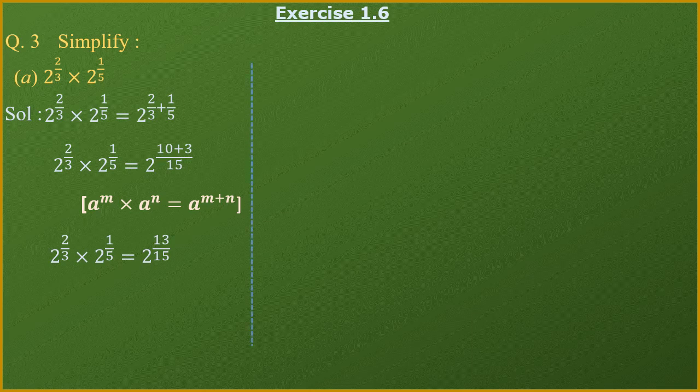Let us see the second part. Now in the second part we have given 1 upon 3 to the power 3 whole power 7. Okay, first of all you see the 3 to the power 3 lies in the place of denominator. So first of all we shall bring it to the place of numerator. As you know, if the term goes from numerator to denominator or denominator to numerator, the sign of the power will always change. So here 3 to the power 3 comes at the place of numerator, it will become 3 to the power minus 3.